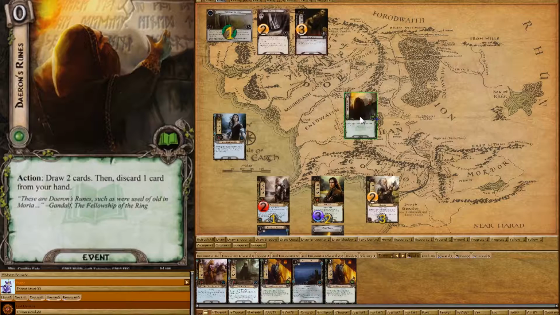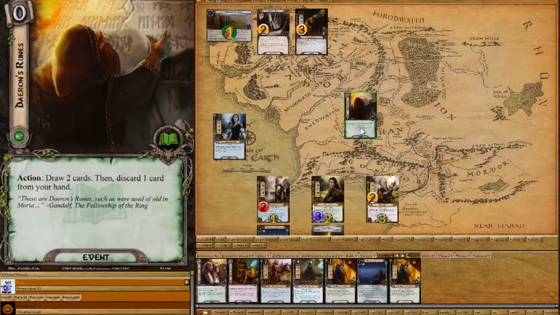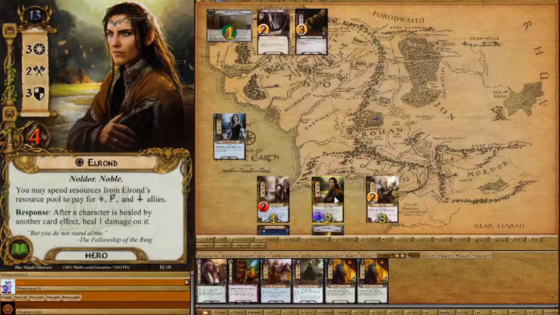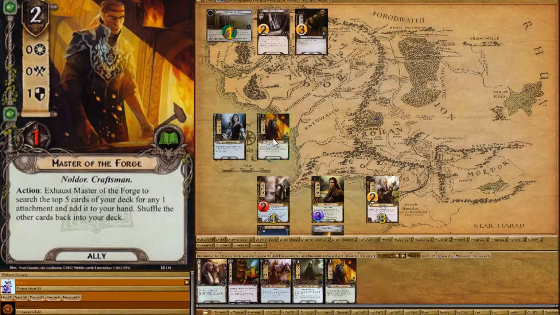I'm going to do this. I draw 2 cards. This now gets discarded. And I discard Light of Valinor, like so. I then go 1-2 and put out this guy. And,